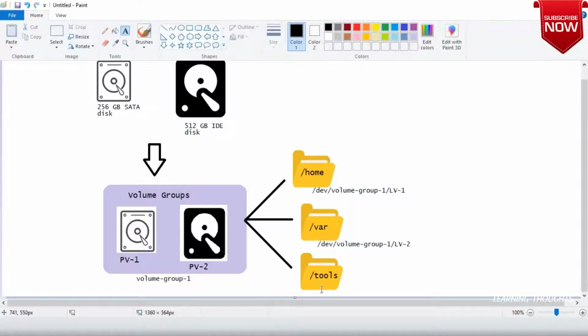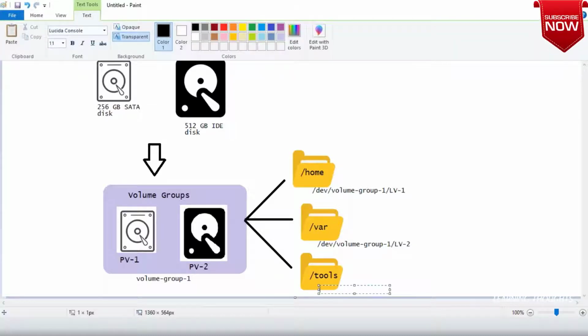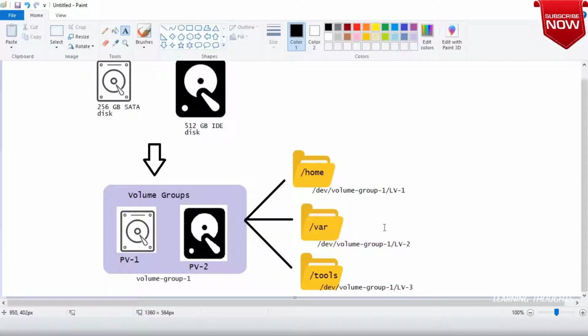And this is lv-3. Remember, yesterday we were mounting physical disks directly. So from these physical volumes, we create logical volumes.